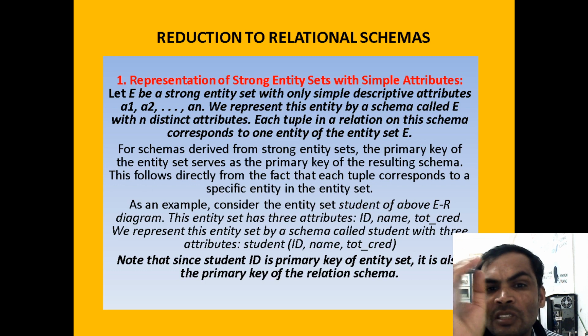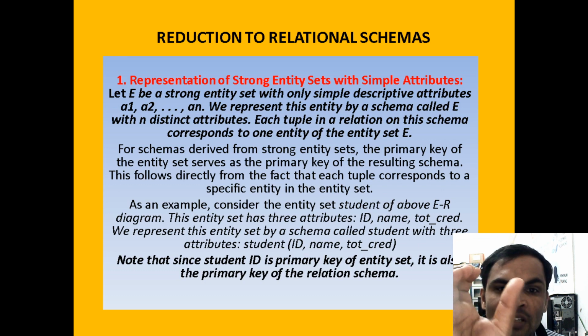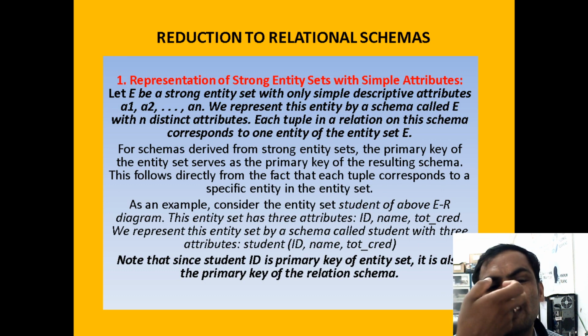Simple attribute means there will be no sub-attributes. Based on that, we should consider one attribute as the primary key, then only we can call it a strong entity set.